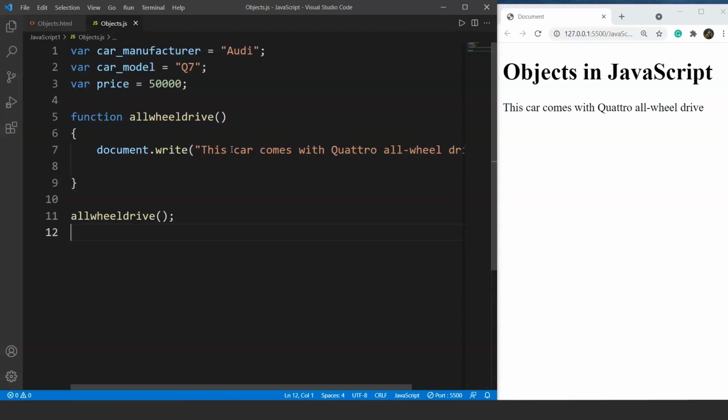So what we will do in such a case, where we have to use the same property again and again for 100 different cars or 100 different entities, we can copy paste this same piece of code repeatedly, and we have to change the value every time we copy paste it. So we have to change the variable name, the car manufacturer, the car model, and the price as well. Imagine we are doing this for a list of cars. Then it goes on and on. So this is the most inefficient way of tackling this problem, right?